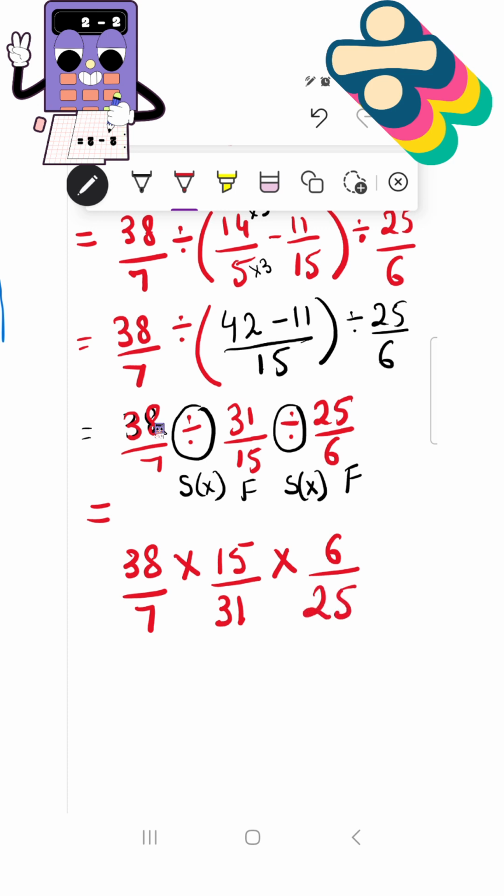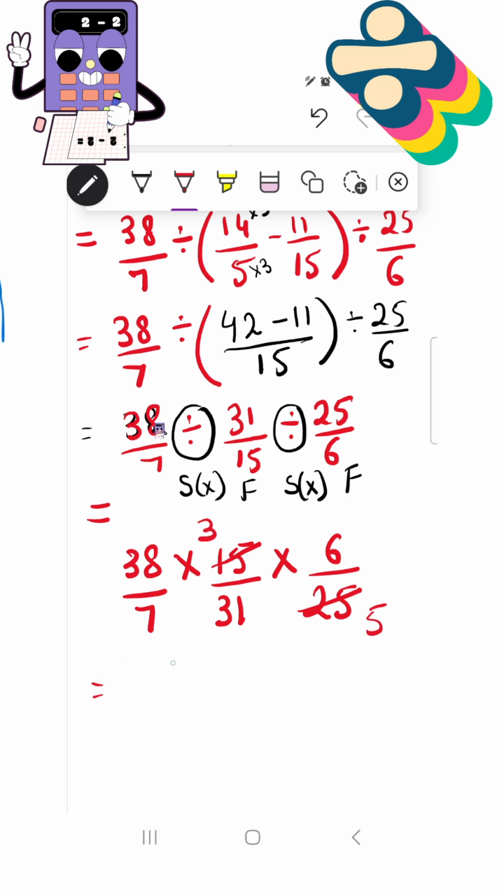Now when there is a multiplication sign between the fractions, you can do cancellation. Here students again make a mistake. They are taking the LCM. No. Big no. Do not take LCM when there is a multiplication or division sign. For division, you will flip and change the sign, and when there is multiplication, do the cancellation. LCM you can take only when there is a plus or minus sign. So now you can do cancellation, numerator and denominator, or cross as well. So 15 and 25 are cancelled with 5: 3 and 5 times 5.